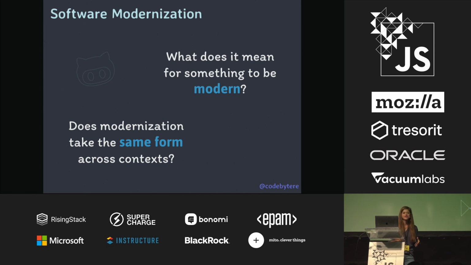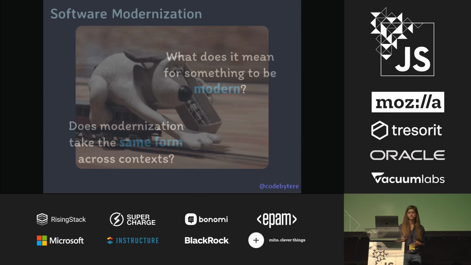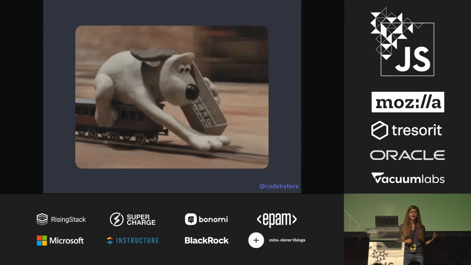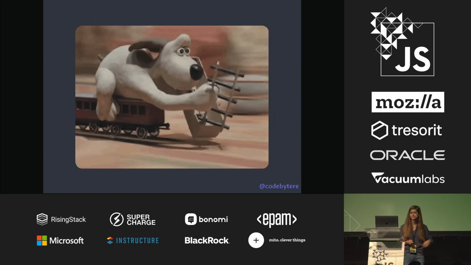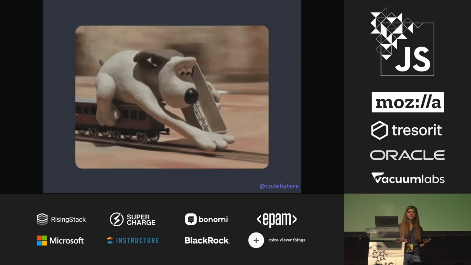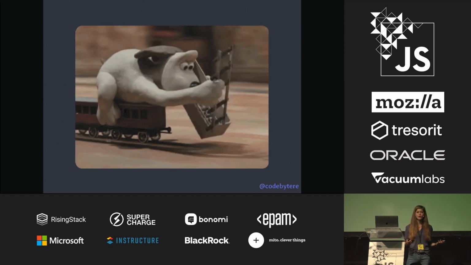Modernization is something that takes on different meanings in different contexts. And so, for you to really understand and gain concrete lessons from its discussion, I'm going to ground it in practical examples from something I work on every day, the Electron framework. Modernization, as we'll soon see, can also feel a little bit like this. There's not always an obvious path to take, and whichever one you do take can often lay waste your best laid plans.